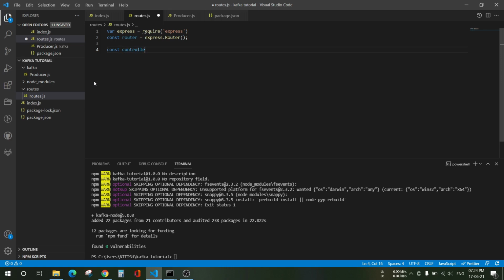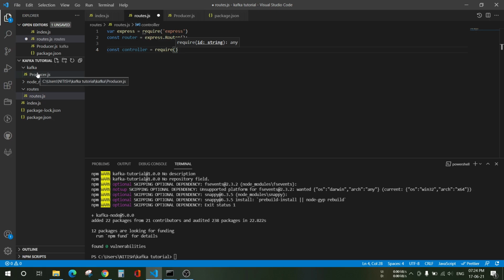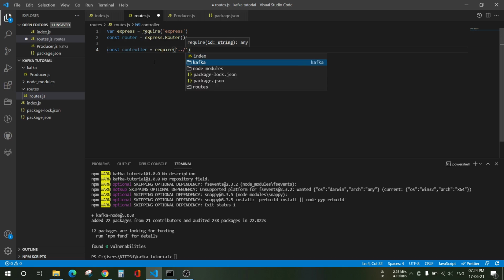Const controller equals to, we just need this file here. That will be our Kafka producer.